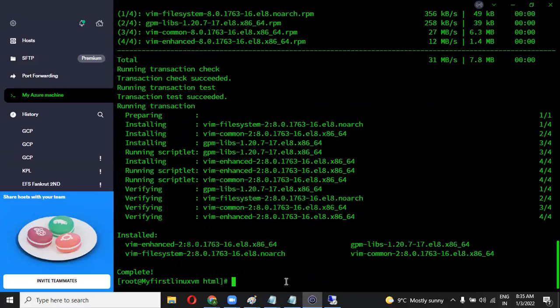Let me write some configuration. Yum we can install from anywhere. Yes, but it should be with root. No, I am already on the root. Yeah, but only root can install with yum, right? Yes, only root can install it, or if you have permissions, then you can install it.